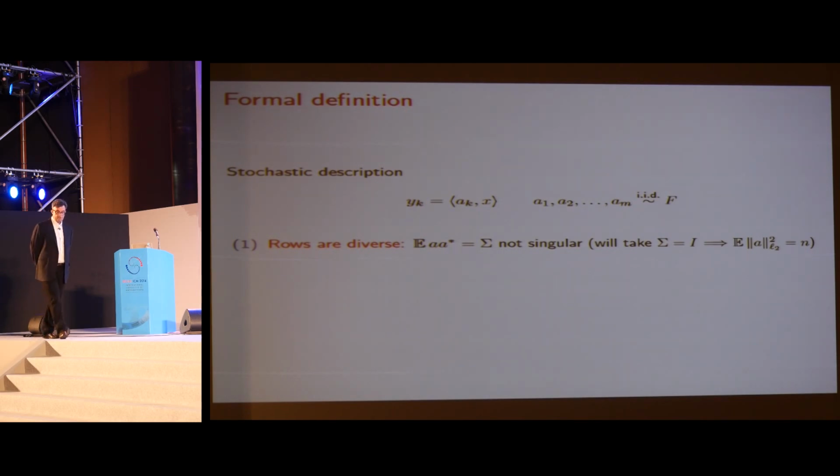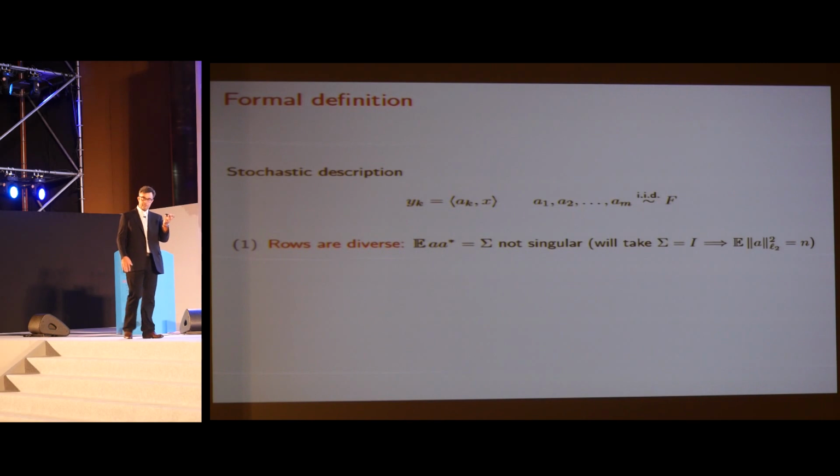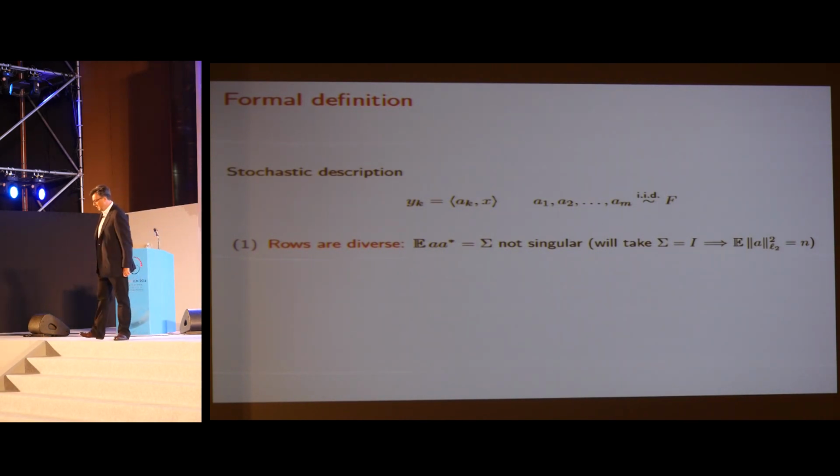And of course, it would not be fun if all the equations are the same. That is, when you pick a vector from the bag, they're all the same, because you'd have not m equations, but one. And so we're going to assume a condition which says that the covariance of this distribution F, the covariance of A, is not singular. In other words, this sampling vector A that provides these equations, they're not lying in a lower dimensional space. Because otherwise, even with an infinite number, there are regions of space I will never explore, and so I'll never know what X is, even with an infinite number.